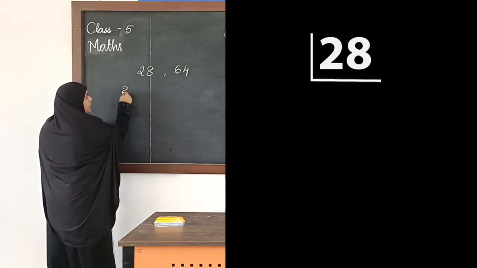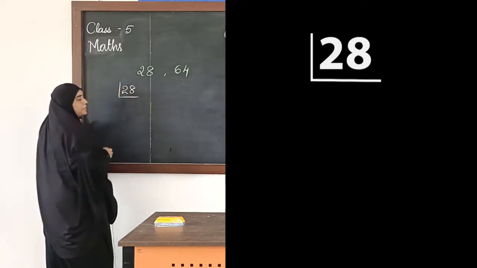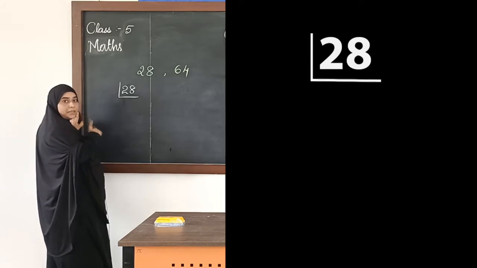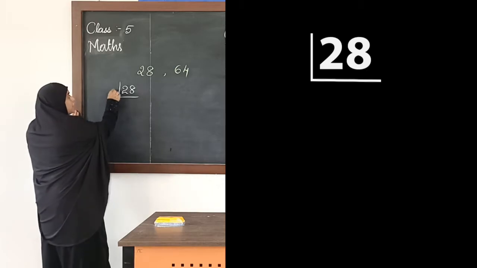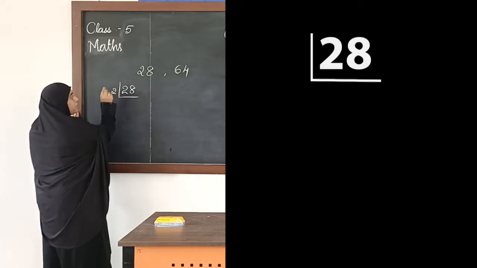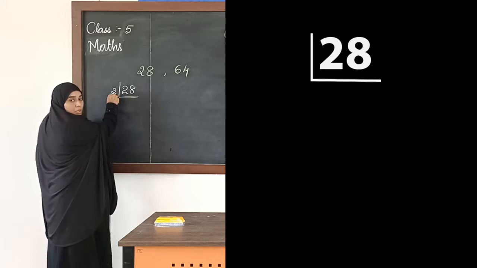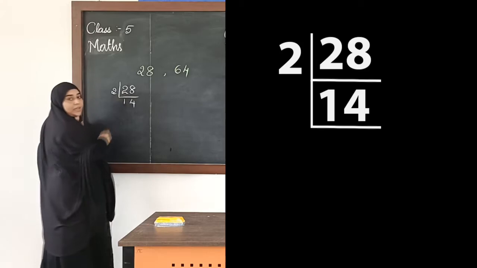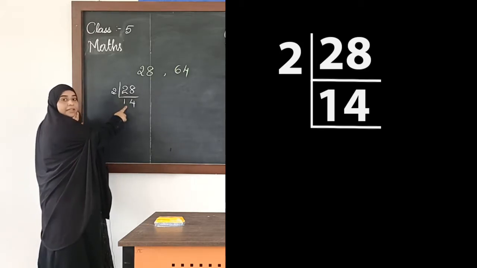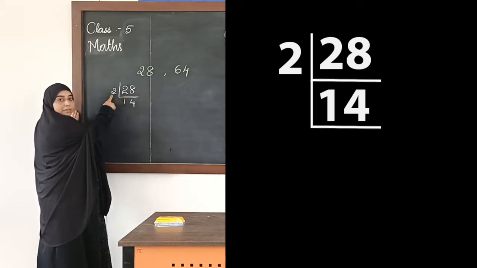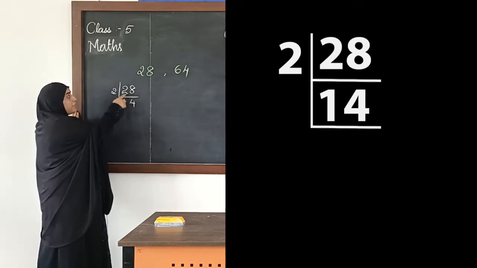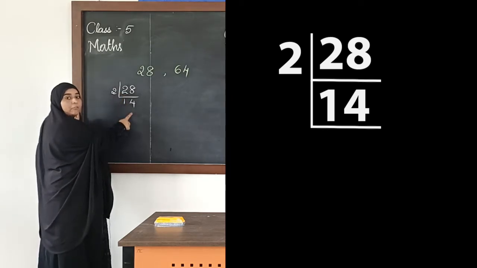Okay, 28. Let's do the prime factorization. In my previous video I have told you how we do division method and we find the prime factors. First we divide this number with 2. When we divide 28 with 2, 2 ones are 2, 2 twos are 4. 14 into 2 is 28. I told you the answer we write down. The divisor we will write here, and the number that we have to divide we will write inside. Okay, the answer we will write it down. So when we divide 28 with 2, we will get 14.